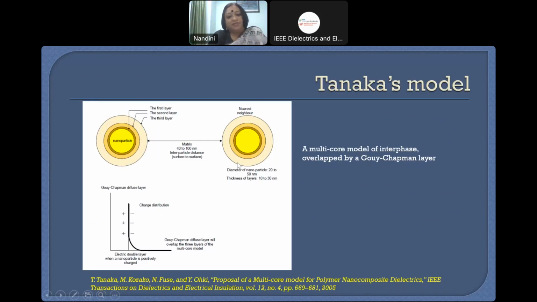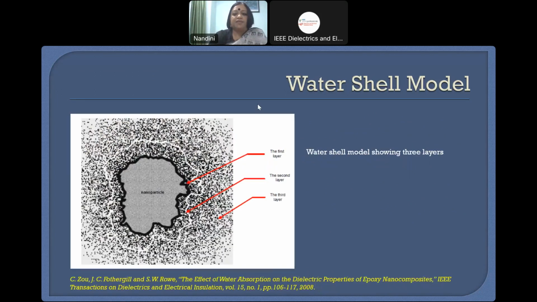So basically, the first layer may be around 1 nanometer, the second layer may be 10 nanometers, the third layer may be 30, 50 nanometers. And over and above that, superimposed on all these 3 layers, there would be the electric double layer, as was proposed by Lewis. So this we have. Then we have the water shell model, which was given by Zhao Fothergill, where we have